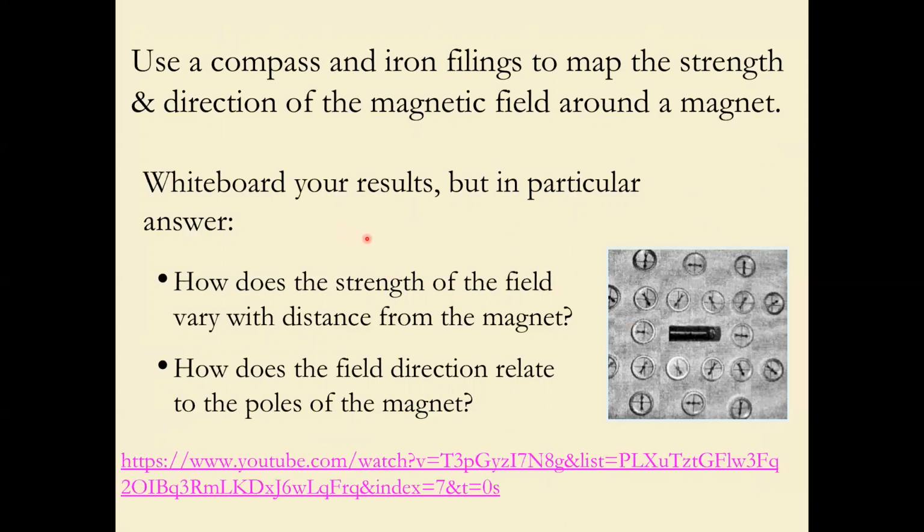And normally, if we were in the class, we would do this simple experiment, and you would make some observations. You would use a compass and iron filings to map the strength and the direction of the magnetic field around a magnet. But here, I have included a video by Dr. Hassel that explains a magnetic field, and he also shows some examples of iron filings